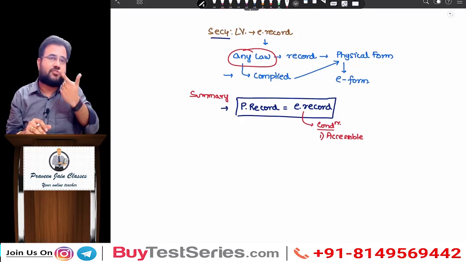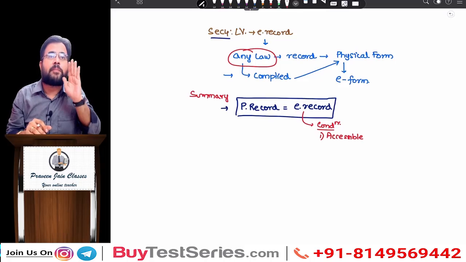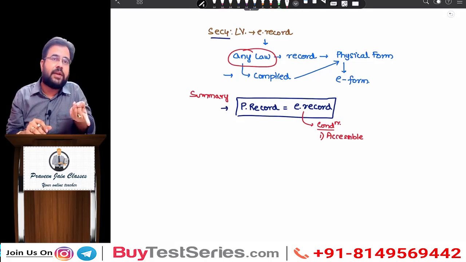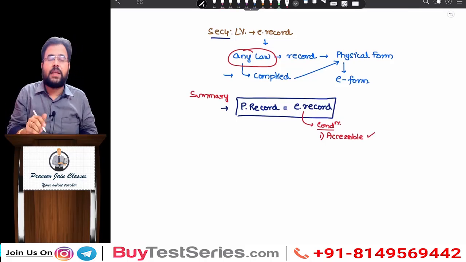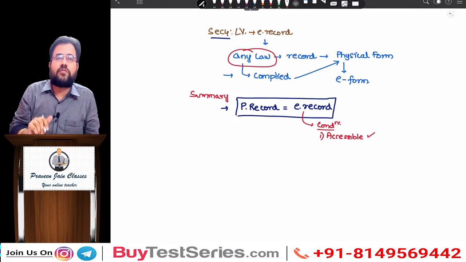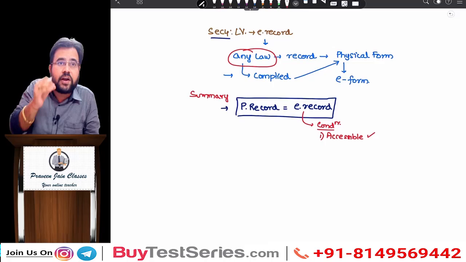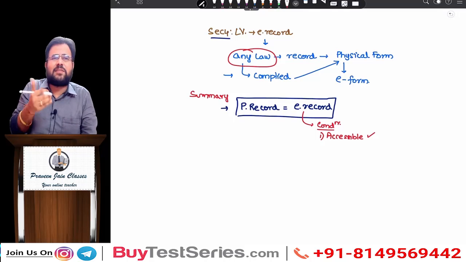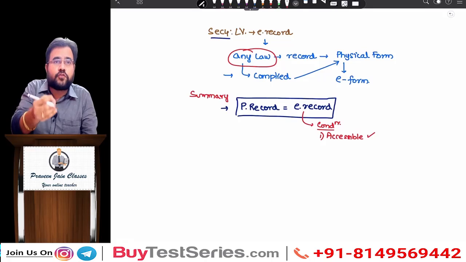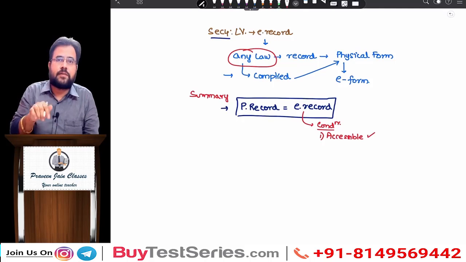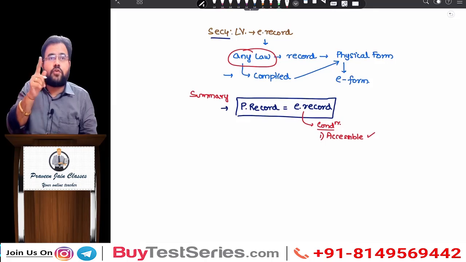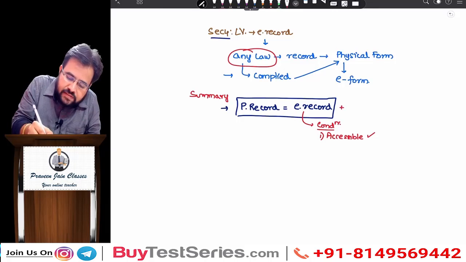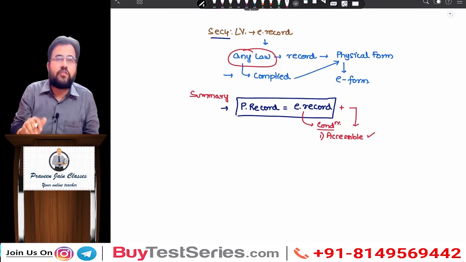So you say, actually I maintained it but I forgot the password. Sir, actually I maintained it but viruses have damaged the file, sir. So don't you think at that time that will become non-compliance of that law, because this record is not accessible? Accessible means what, sir? You should be in a position to retrieve the data, you should be in a position to access that data, sir. That is what I mean by accessibility. So here physical record is equal to electronic record plus accessibility is what we want, sir.